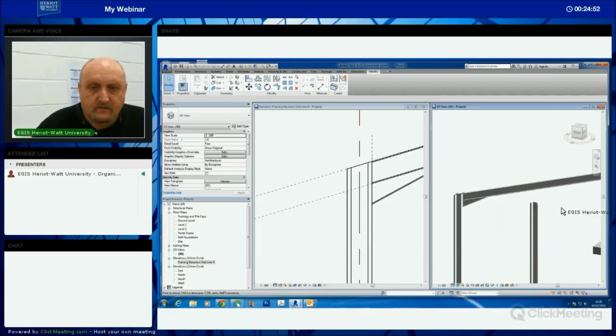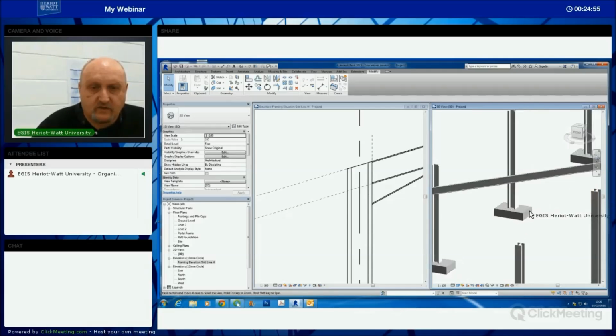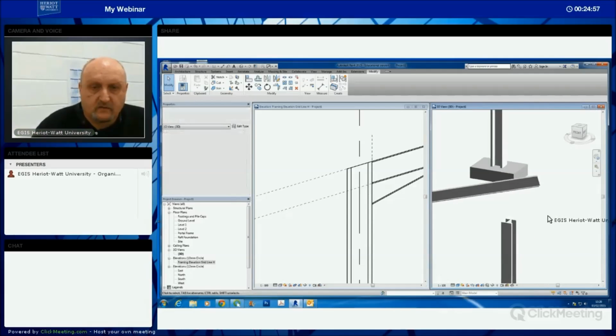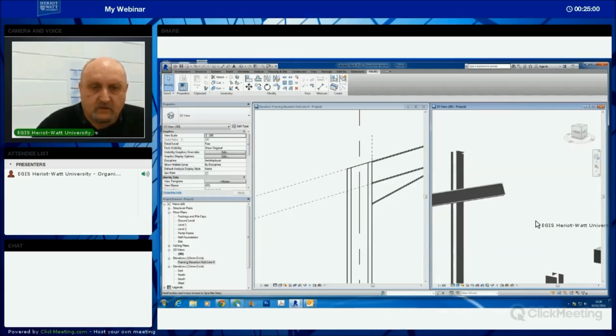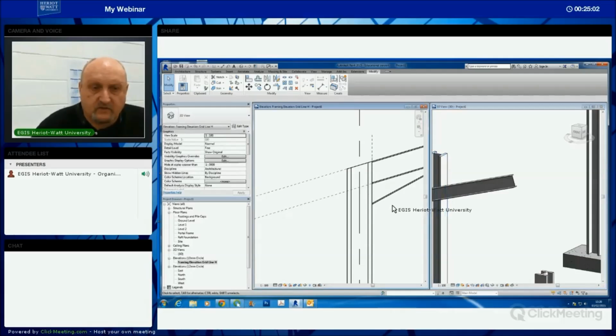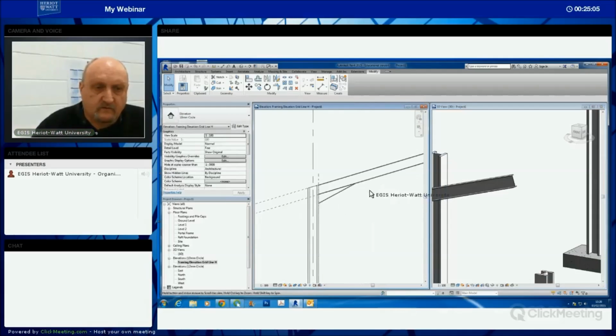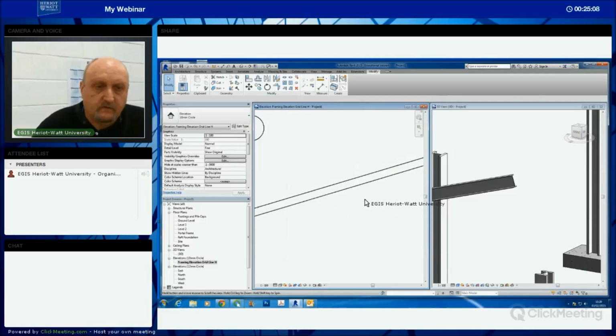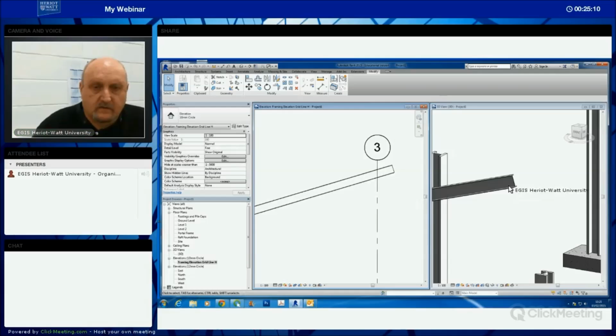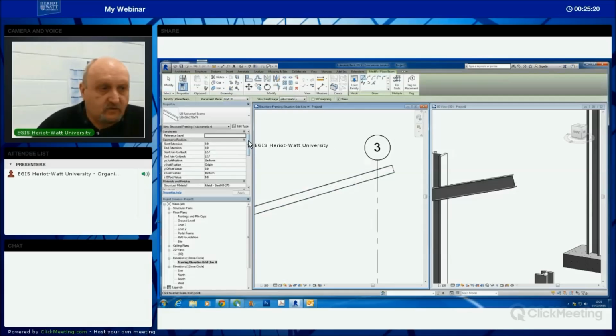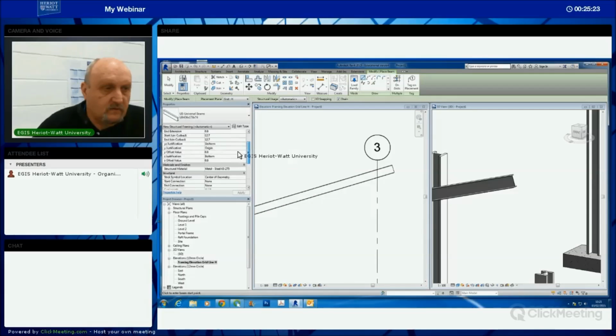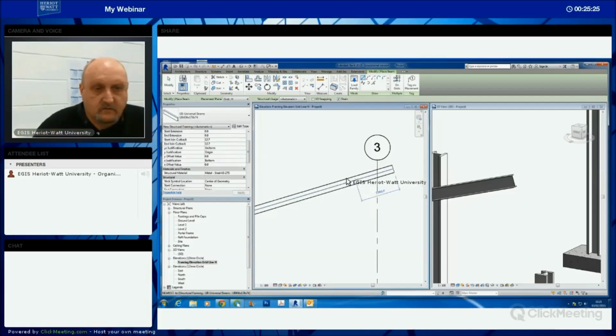Okay, now I'm going to move this into the middle, and I'm going to put a central haunch in here, over here. I'll put that in 3D so you can see it appear. I'm actually going to use the framing elevation to do the modelling here. So I'll move this over a wee bit as well, and get to here. And this is the 2D view of this 3D object here, this beam. So structure, beam. Again, I'm just making sure that this says Z justification bottom, and it does. So I'm just going to draw this beam in here